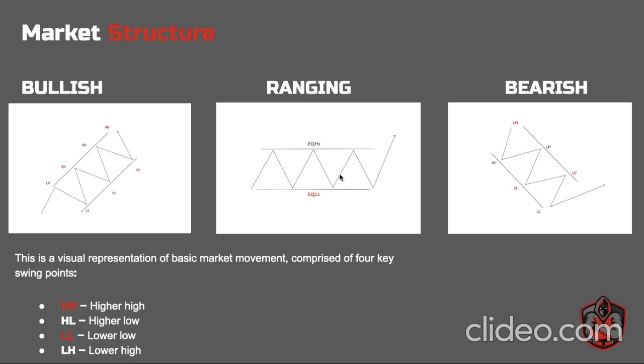And then we have a ranging market. Is when price is printing equal highs, equal lows. Essentially, you can call it support and resistance levels. It's when price just doesn't really have a direction, it's just moving sideways. A bearish sentiment, referred to as a downtrend, is when price is printing a series of lower highs and lower lows. So like I said, these basic market movements are comprised of 4 key swing points: higher highs, higher lows,